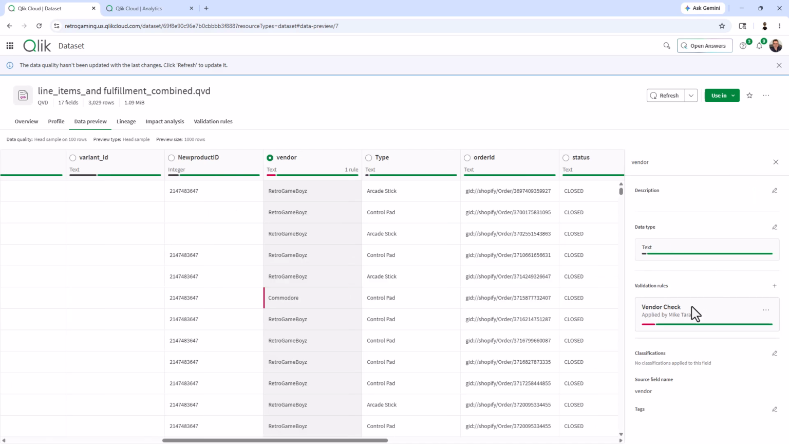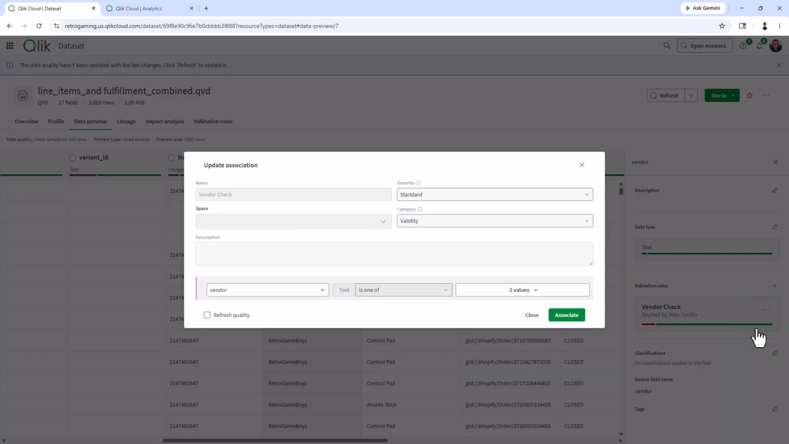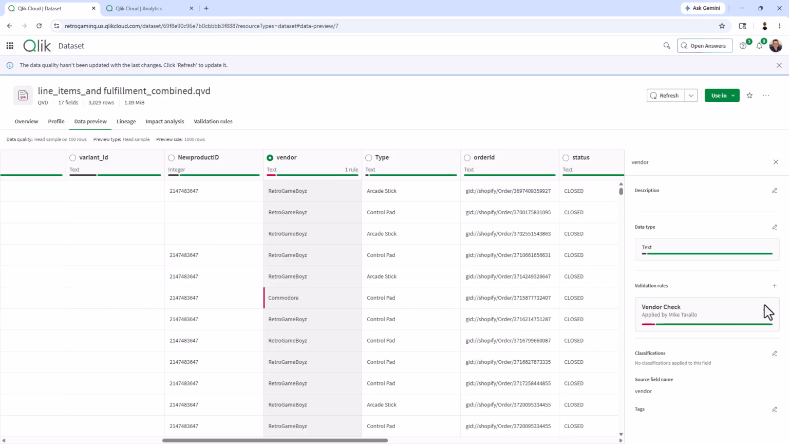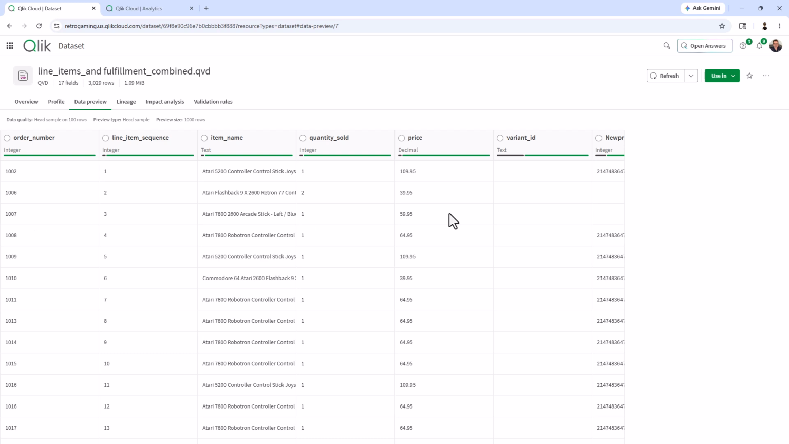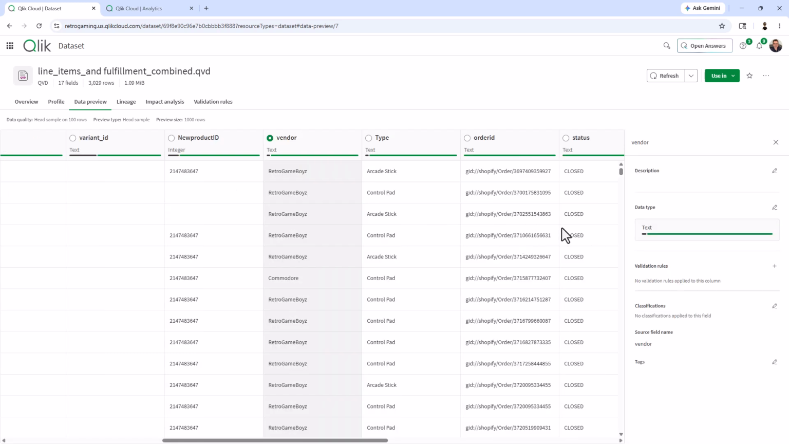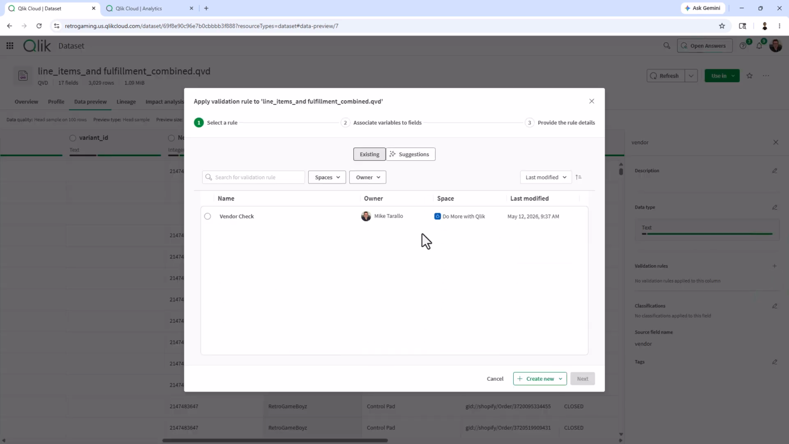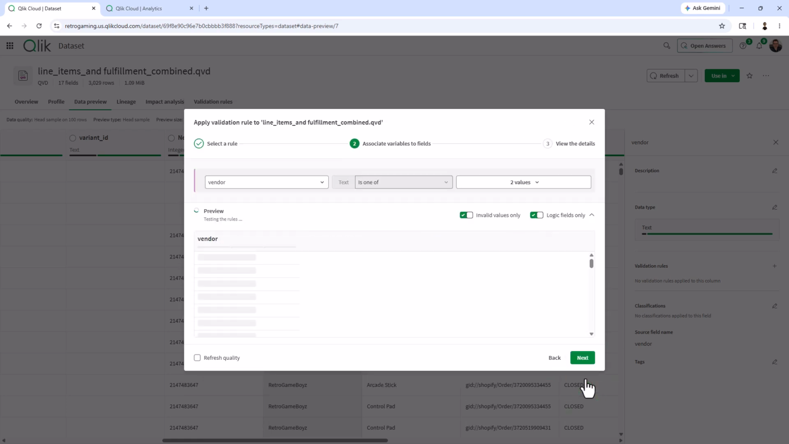So once again, you'll notice that the validation rule is applied. Here, you'll notice there's associate, deactivate, and remove. The reason we use the term associate is because you can associate that variable with a different column and make that change if needed. If we were to remove this, and once that's completed, back on vendor, since we are selecting the column vendor, the other way of doing this is by clicking the plus symbol and then selecting the validation rule that was created, clicking next,